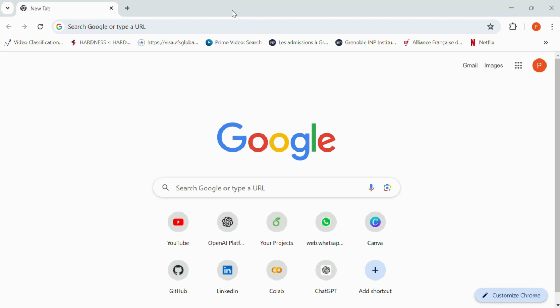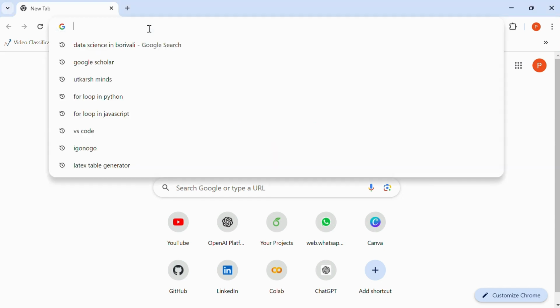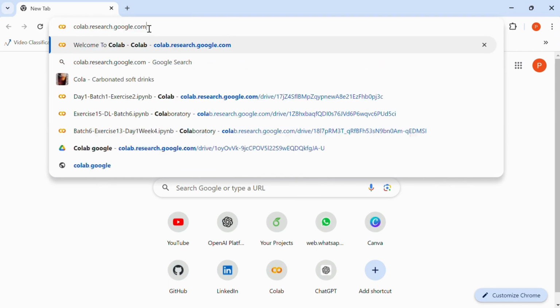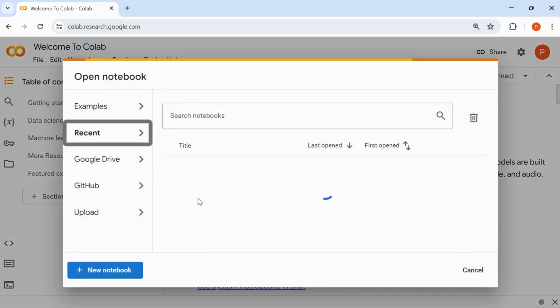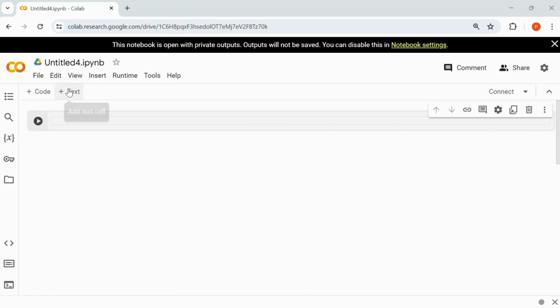Today we will see the continuation part of the previous video, how to calculate the effect size for the one sample t test. To do that in Python, I will first start the Colab notebook, colab.research.google.com. Then I will click on new notebook. Once the notebook is open, I can give it a name. I can call it effect size,